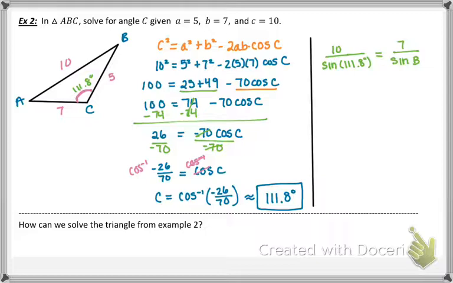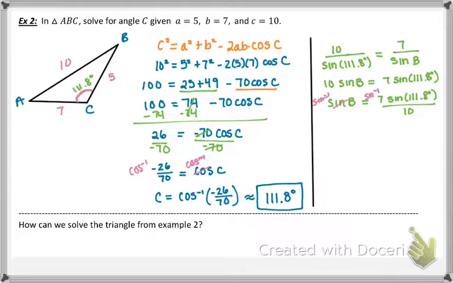So that's going to give me 10 times the sine of angle B equals 7 times the sine of 111.8 degrees, and then dividing both sides by 10, the sine of B is equal to 7 times the sine of 111.8 degrees all over 10, and now we take the sine inverse of both sides